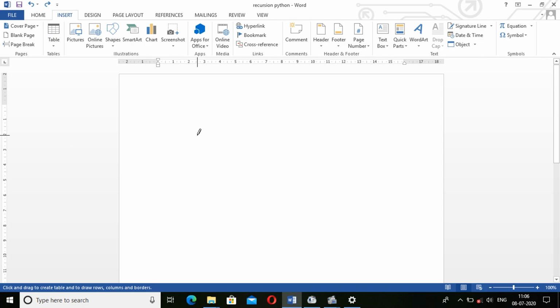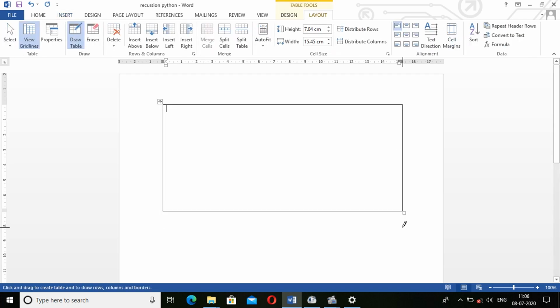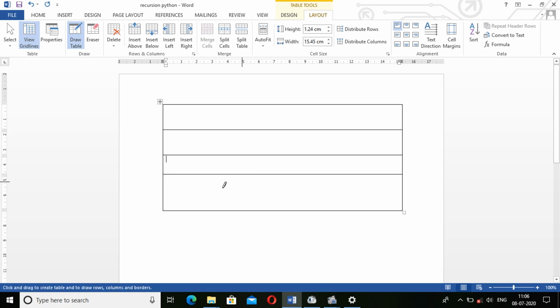Now as you all can see, we have got a pencil kind of structure on screen. Just click and you can see a base is being made. This is the base of the table, the surrounding part. Now the pencil still exists. We can make rows and columns this way, with straight lines, and we can draw them as per our requirement. If we want more rows and columns, we can do that easily. And the gap also you can maintain as per your requirement. See, I'm doing it as per my requirement like this.